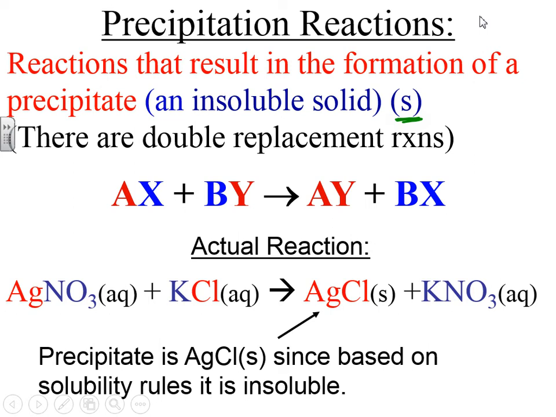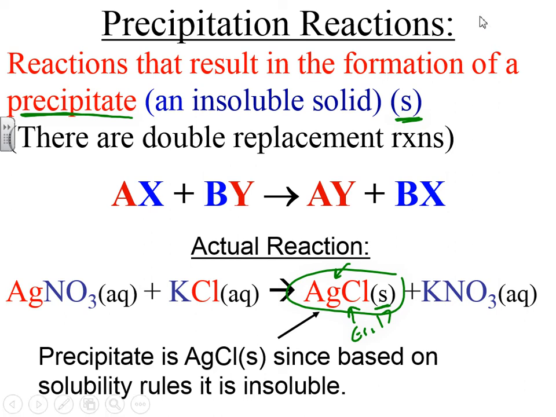And this compound here, silver chloride, contains a group 17 element with a robber, which makes it a solid. And that's how we can say that this compound is now a solid, and that's how we can call this a precipitation reaction. The insoluble silver chloride is the precipitate, and that's how these solubility rules apply to these precipitation reactions. And actually we're going to do some example problems to show you how that works